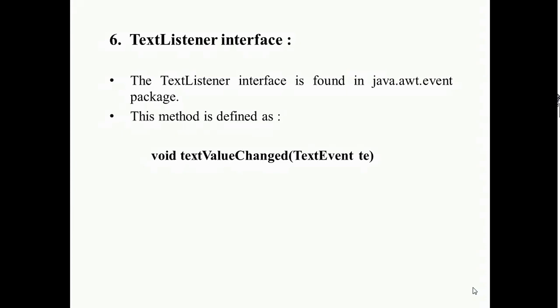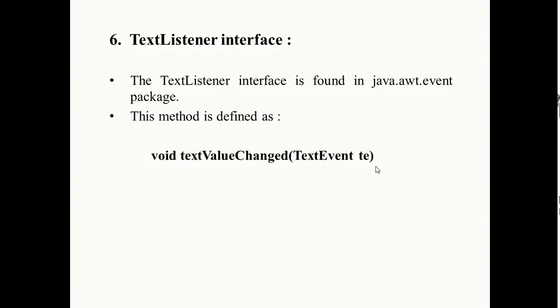The method used by the text listener interface is void textValueChanged. The text listener interface has one method, that is void textValueChanged(TextEvent te).